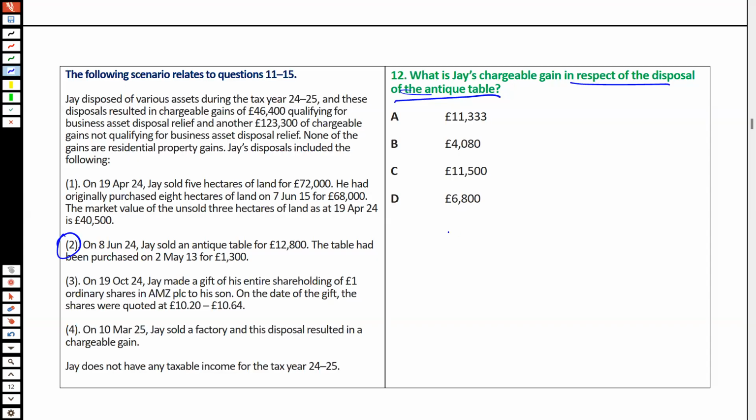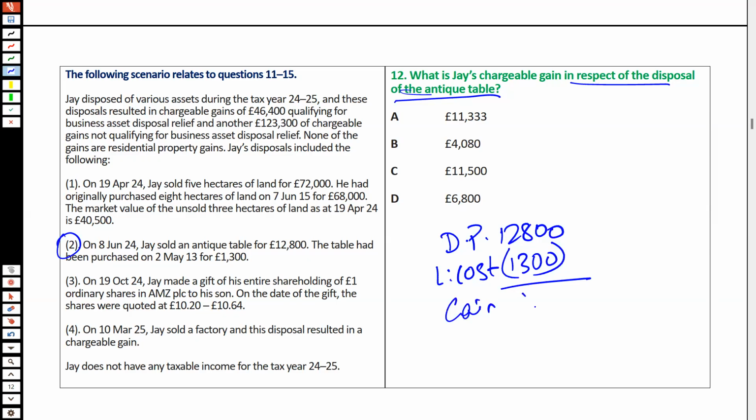So for more than 50, two methods: disposal proceed minus cost, that is the gain, and the second one is the 5/3 rule: disposal proceed minus 6,000, so the 5/3 rule. The answer is